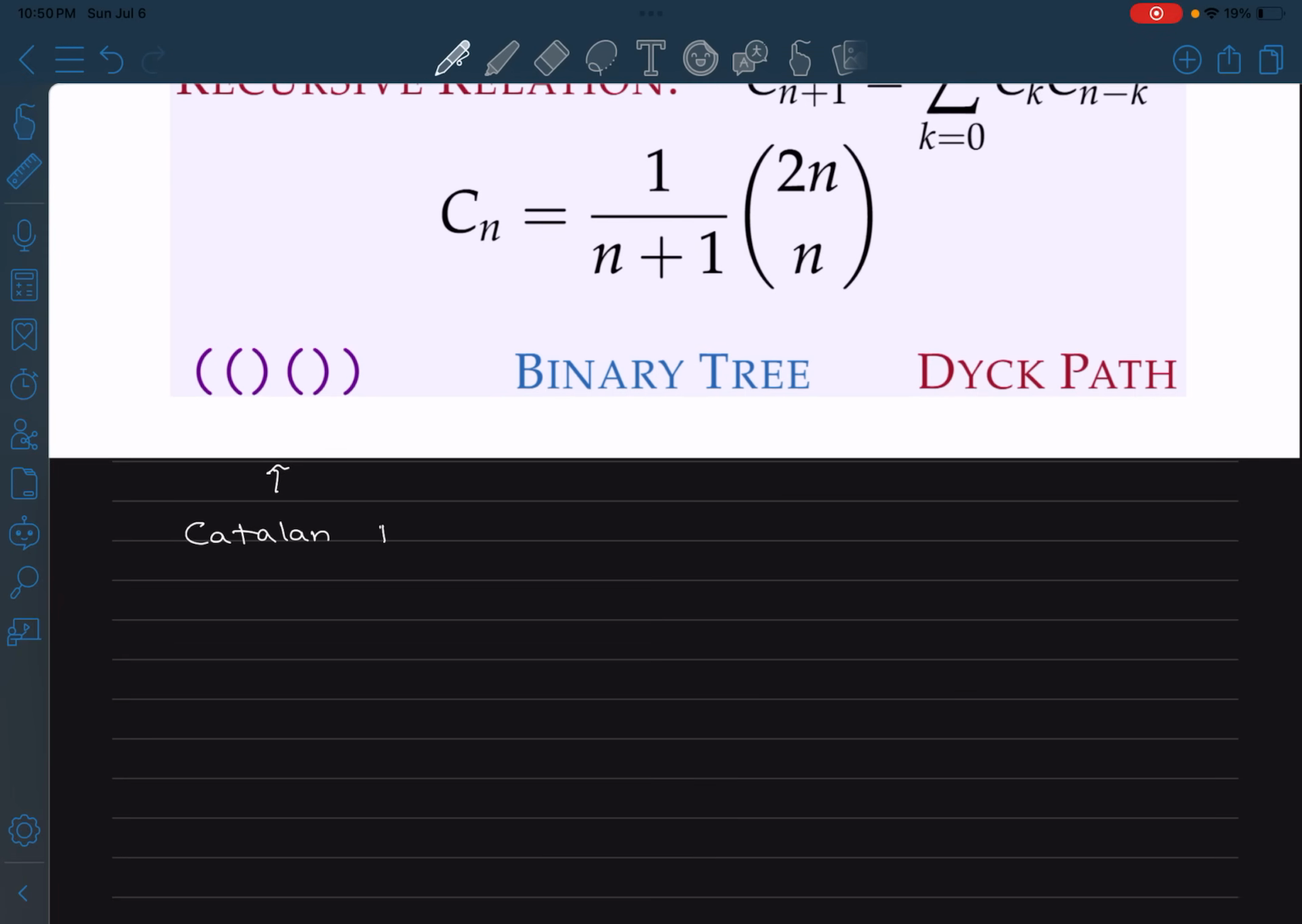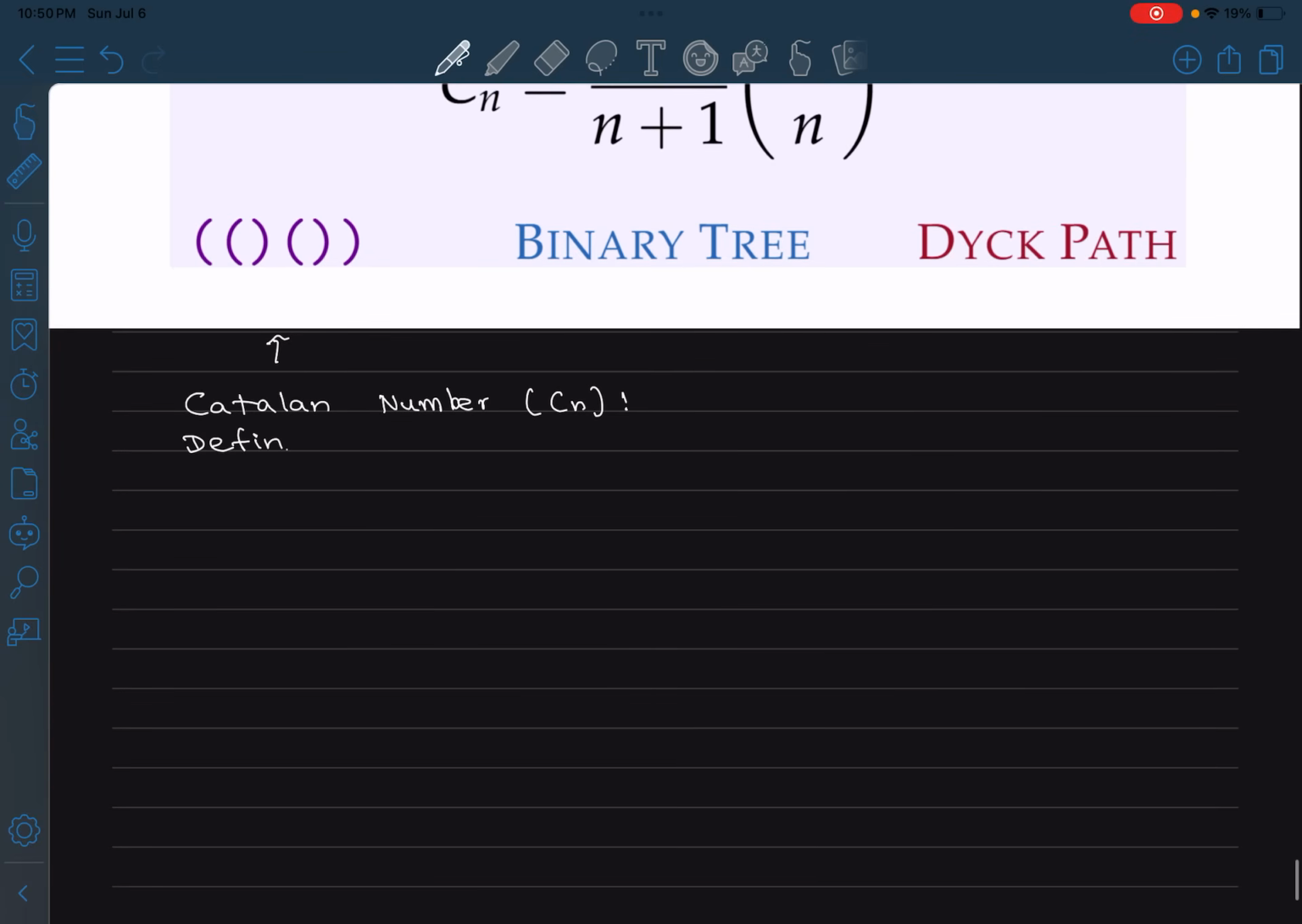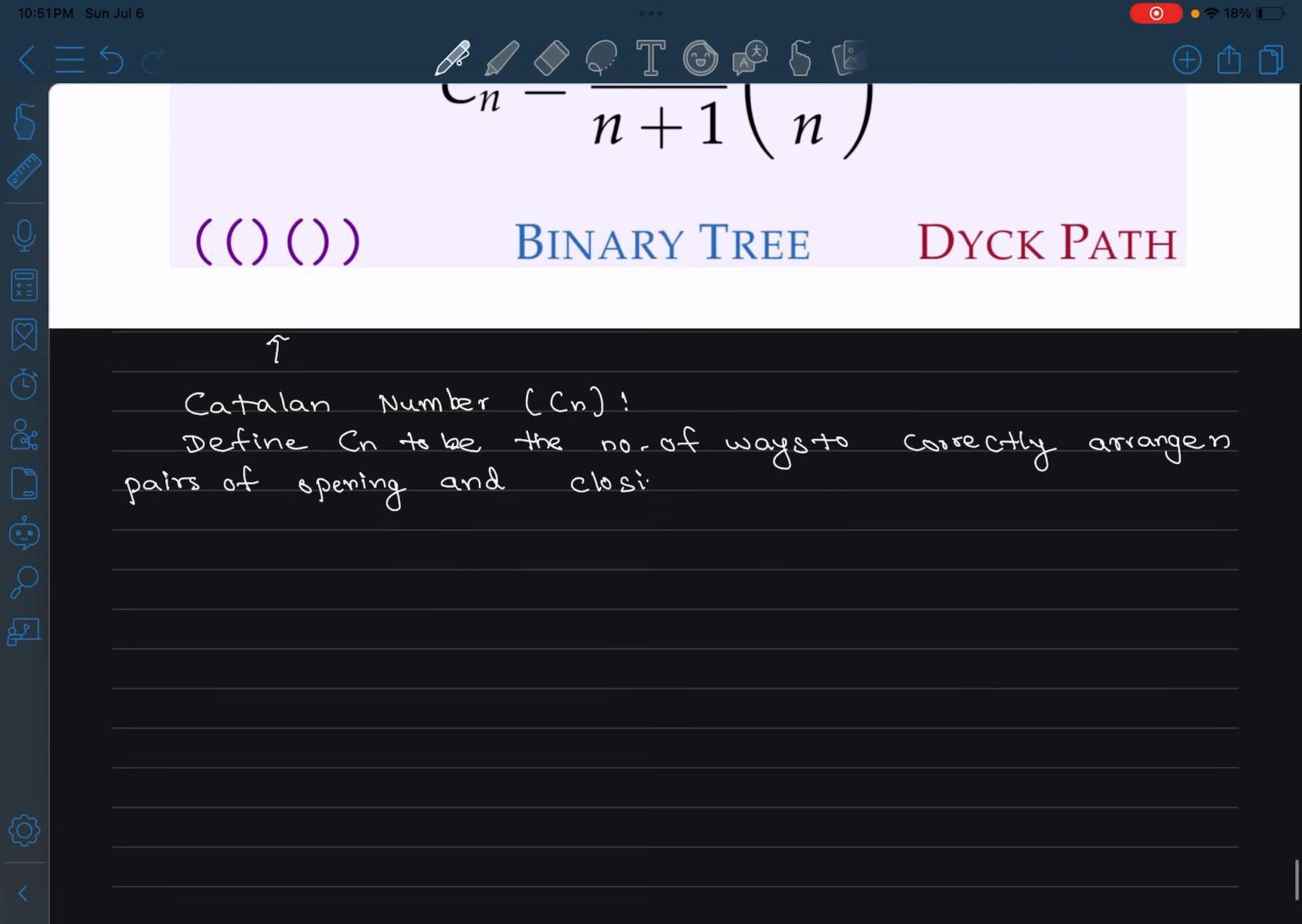Catalan numbers, C_n. Definition: define C_n to be the number of ways to correctly arrange n pairs of opening and closing brackets such that every opening bracket has a matching closing bracket,